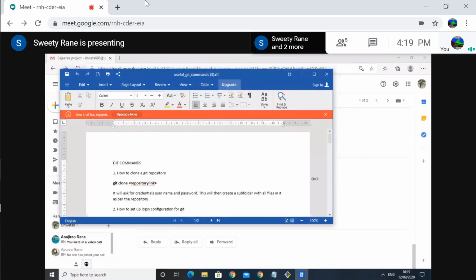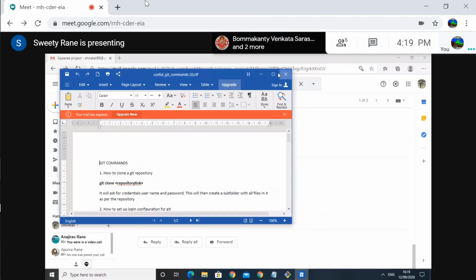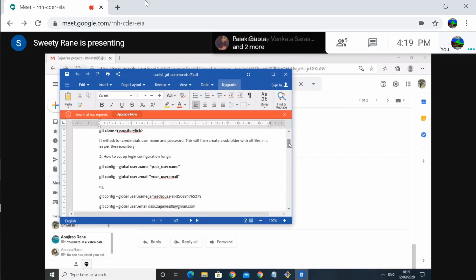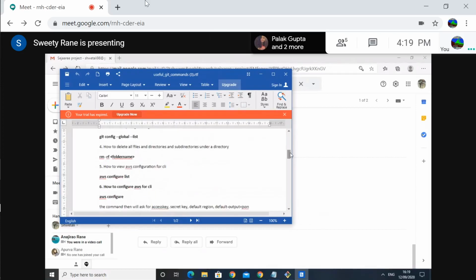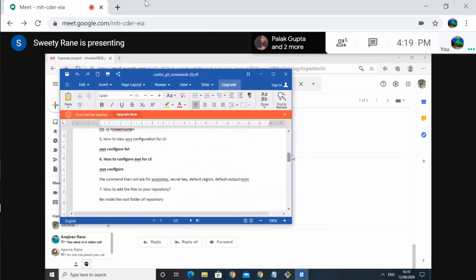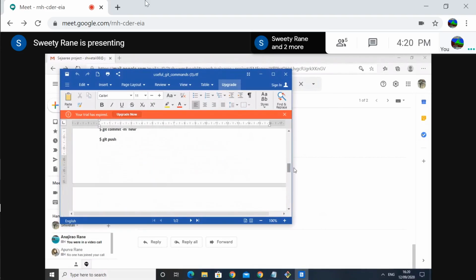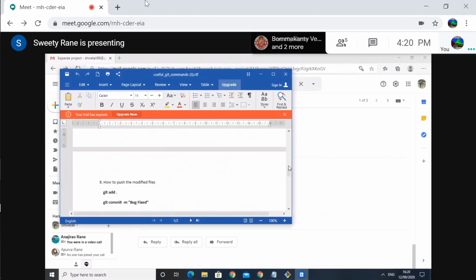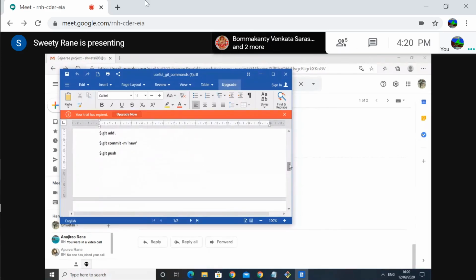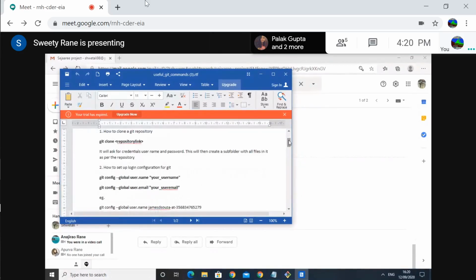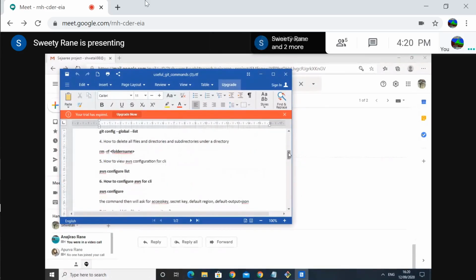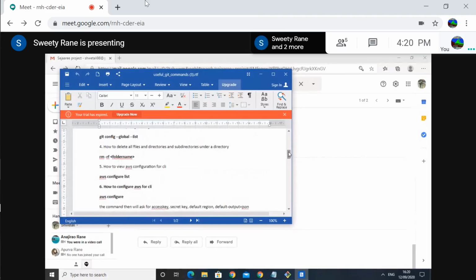Yeah, you can go down and there will be an AWS configure list command. So first you type that command, aws configure list. Go slowly. Command number 5.